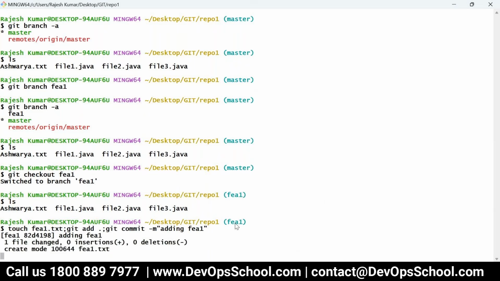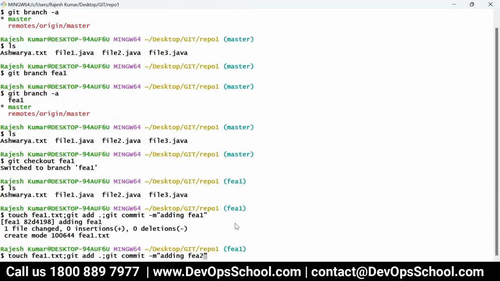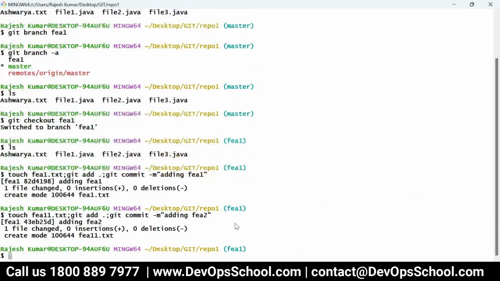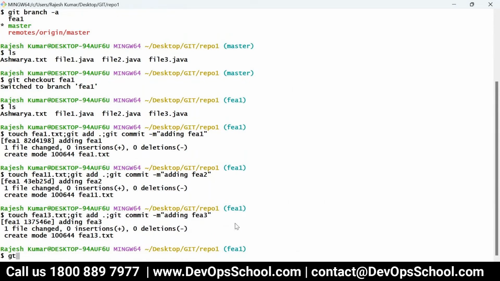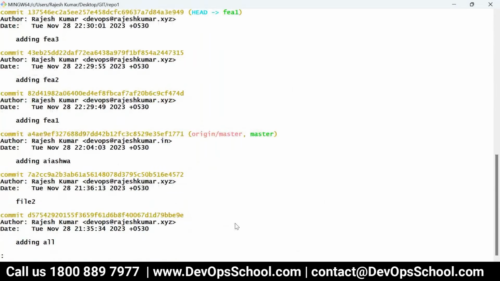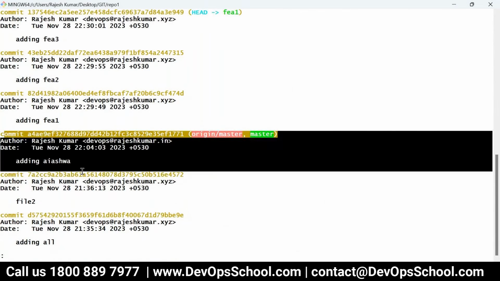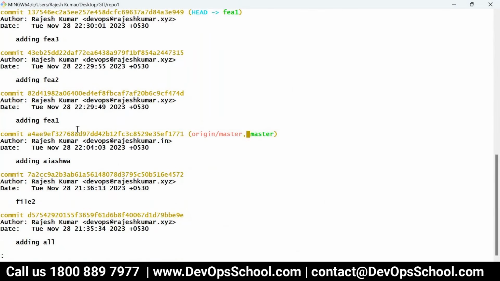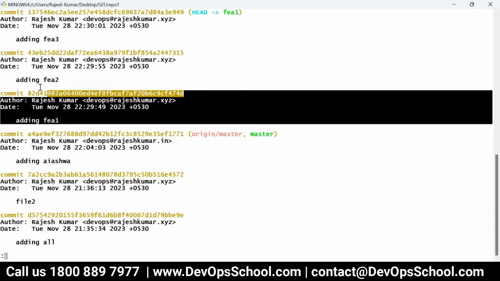The second commit I made in the fee1 branch is this one, and the third commit is this one. Now if you see the git log here, you have 3 commits. Till here it's the master branch, and from here the fee1 branch started, and right now you have 3 additional commits.